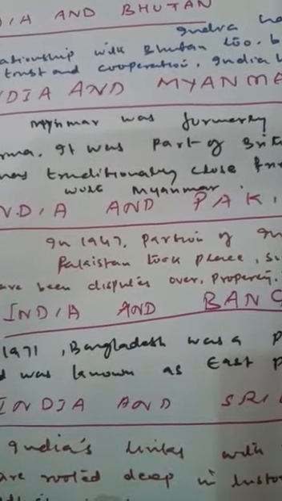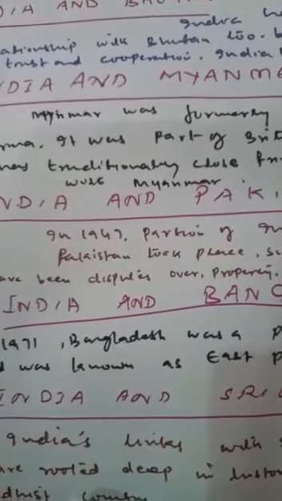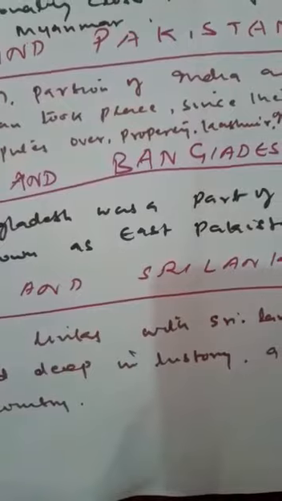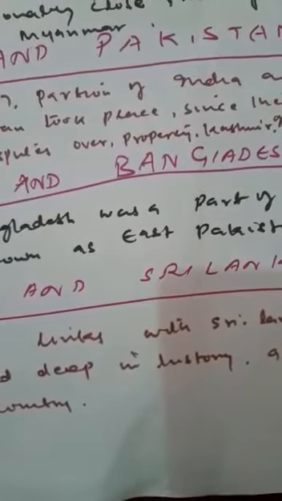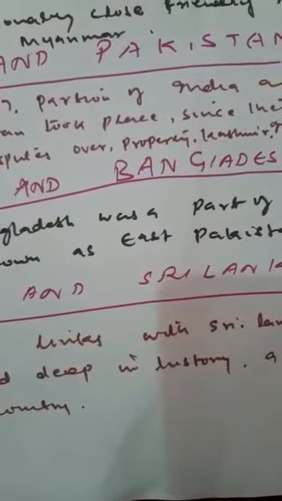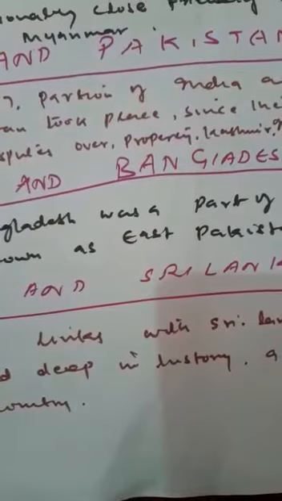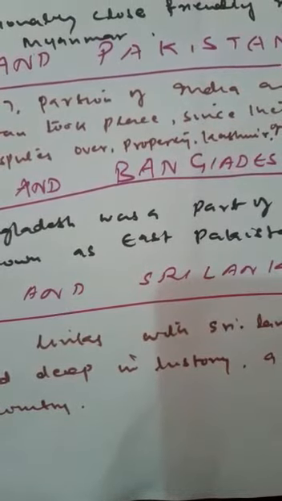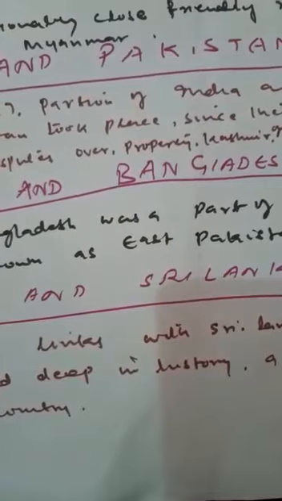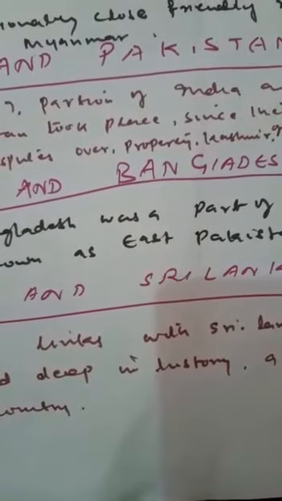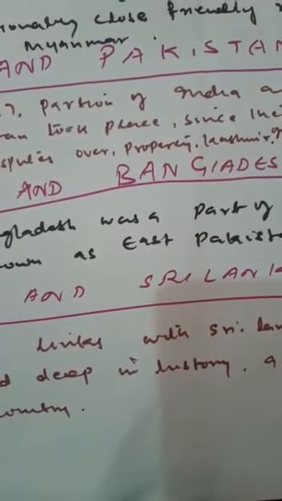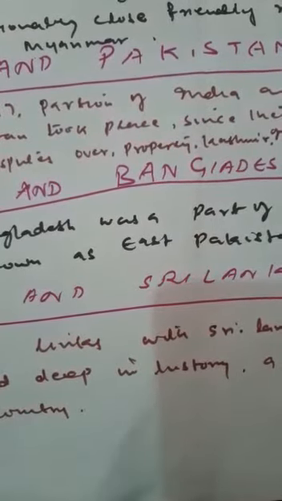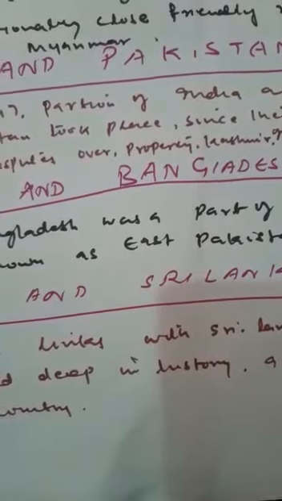And our last neighbor is Sri Lanka. Sri Lanka is another important neighbor. India's links with Sri Lanka are rooted deep in history and mythology. Sri Lanka is predominantly a Buddhist country. Mahendra and Sanghamitra, the son and daughter of Emperor Ashoka, went to Sri Lanka to spread the message of Buddha there. Ashoka's daughter planted the sacred tree in Sri Lanka. India has many Buddhist holy places in Sanchi, Sarnath, and Bodh Gaya. Thousands of Buddhists from Sri Lanka come to our country on pilgrimage.